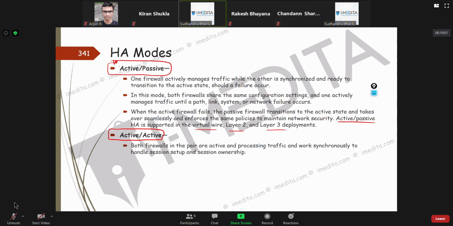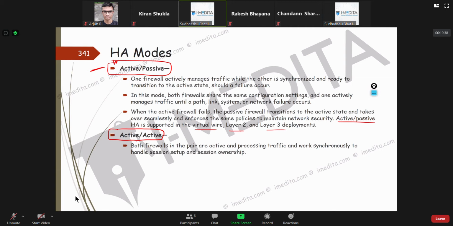If you are in a data center environment where you want a lot of traffic to be handled in a load-balanced way, in parallel by both firewalls, where nobody is sitting idle, then you go for active-active. But most cases get satisfied with active-passive.